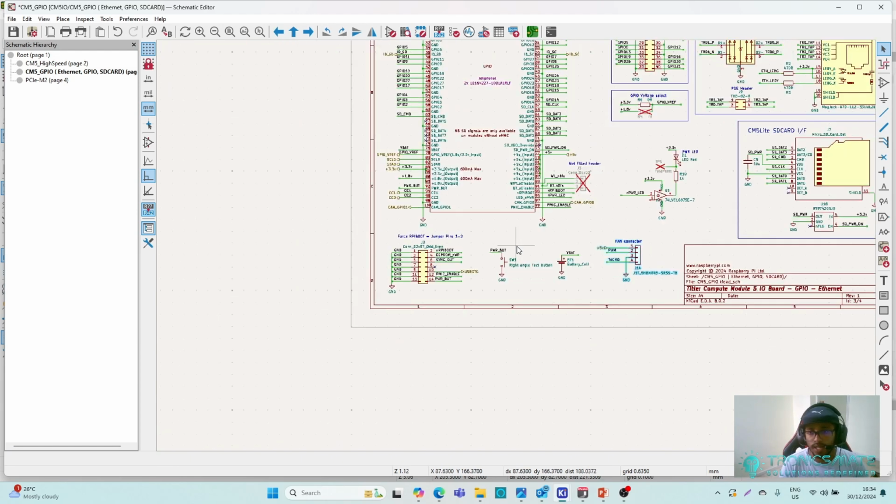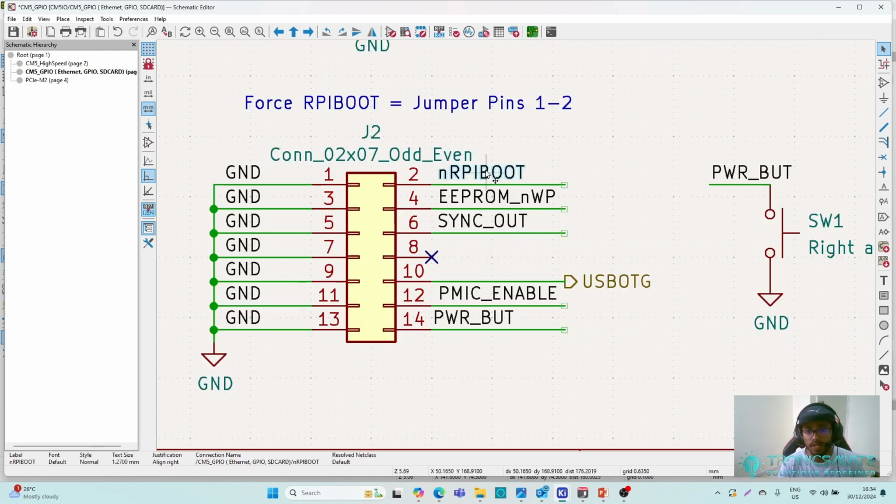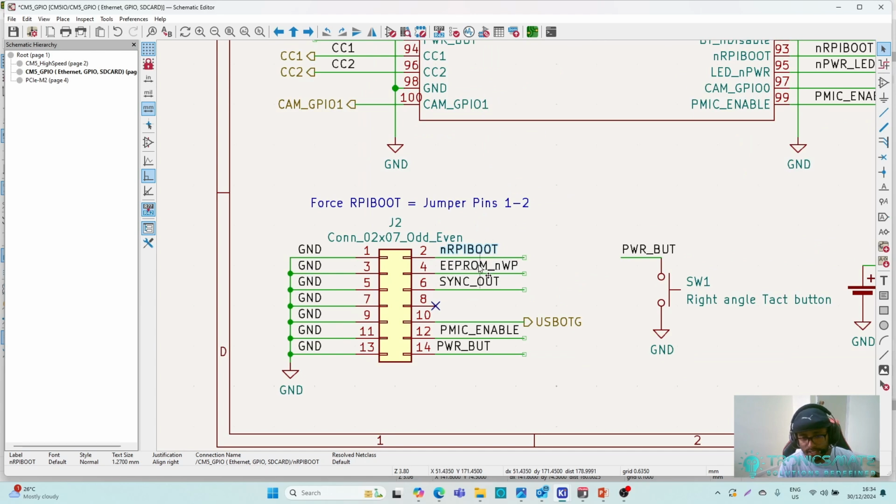All right. Now I want to come to this header, which is a very important header, and I'm going to discuss each of these things, so let's move to my slide. Let's discuss one by one. First, these signals are connected directly to your module, and the power management IC enable I discussed earlier in the power section, along with the power button. Other than that, I am going to discuss these four things